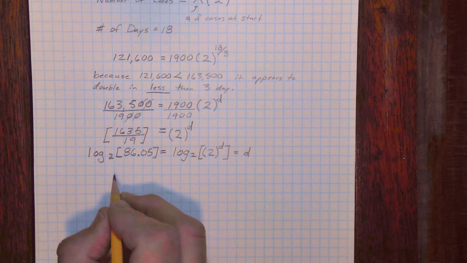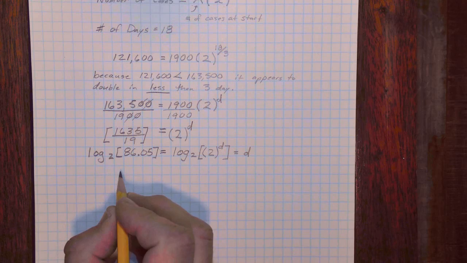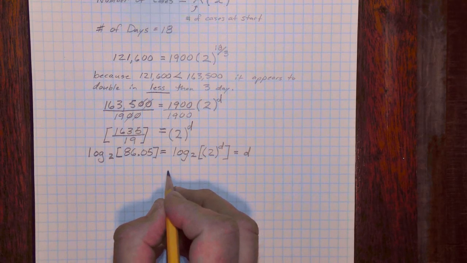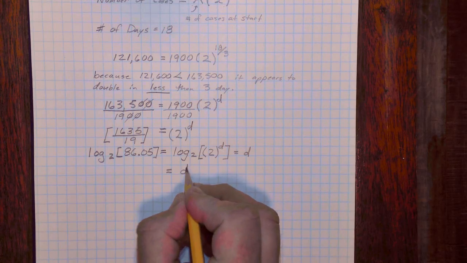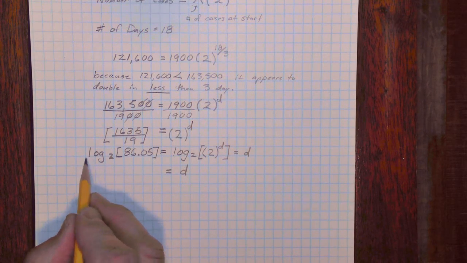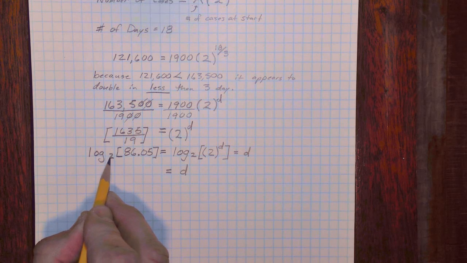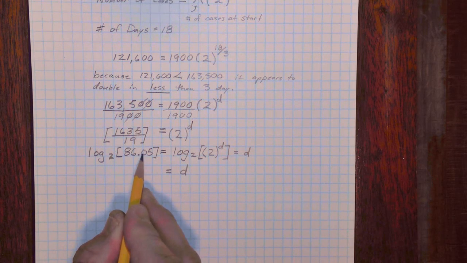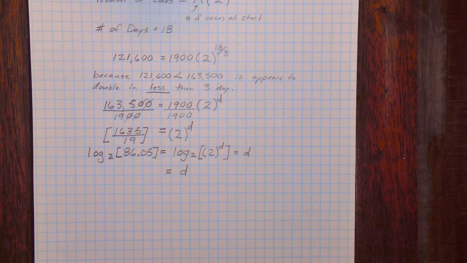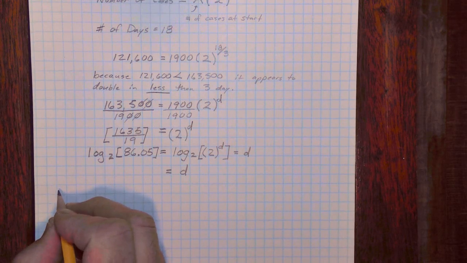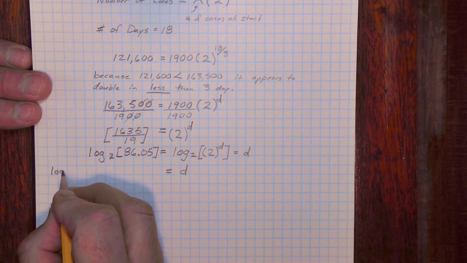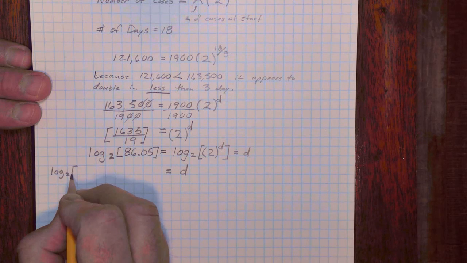Okay, so all right, here we go. So let's go ahead and solve for this. Well, on the right side it's pretty easy. That's just giving us our answer. Now, if you have a really fancy calculator, there are some calculators that will solve this, where you can input your base for your logarithm function and then the number you're taking. If you don't have that, you have to remember a certain rule of logarithms that says basically this: the logarithm to the base 2 of this number